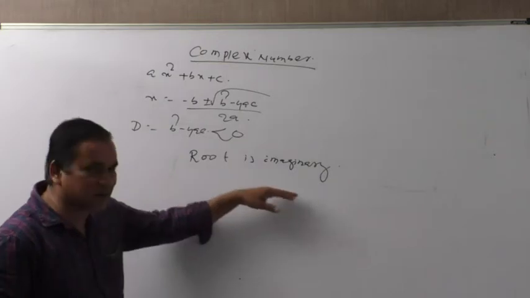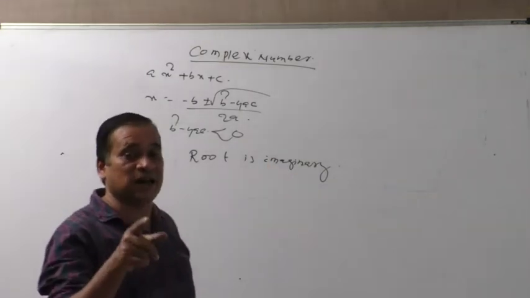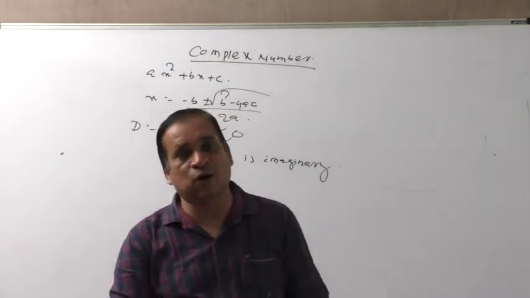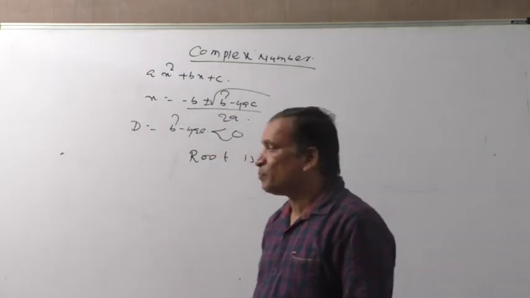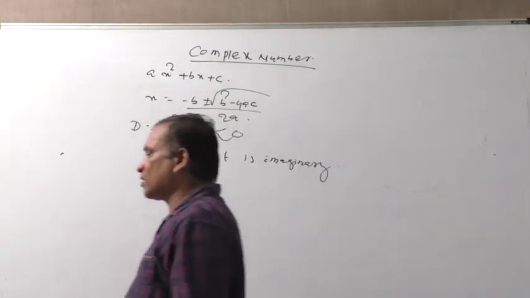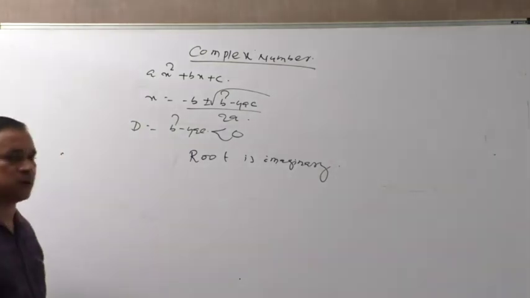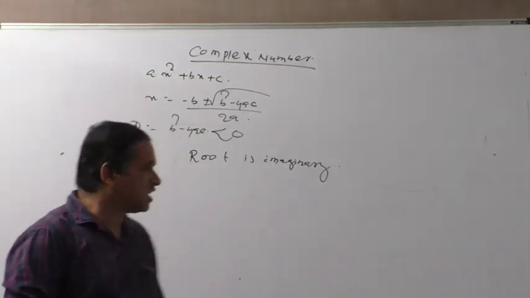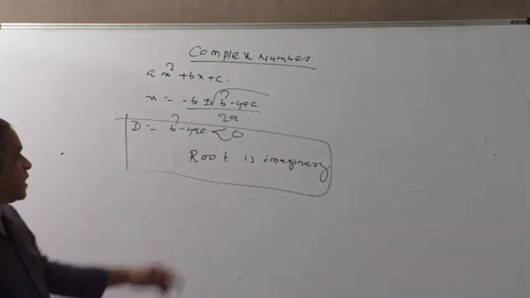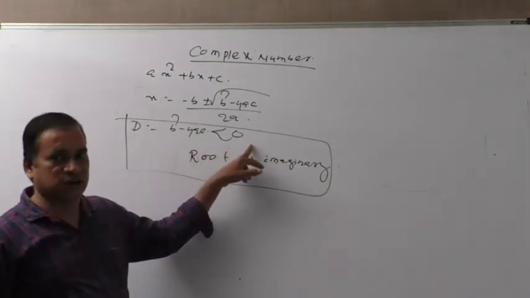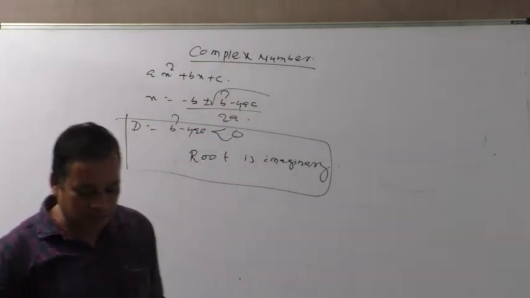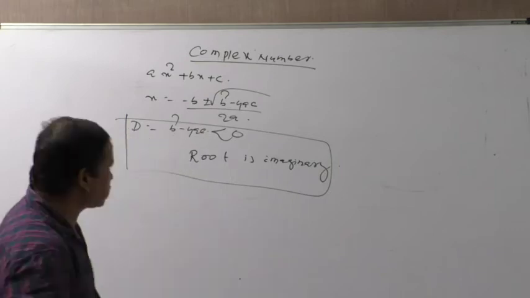So when the root is imaginary, you cannot find it; at that time, we left it. When the root is imaginary, how do we find the solution? This solution comes in 11th class, where the complex number or imaginary number arises. Due to this problem of the imaginary root, that is b square minus 4ac less than 0, to find the solution, the complex number arises. How? Let us discuss.